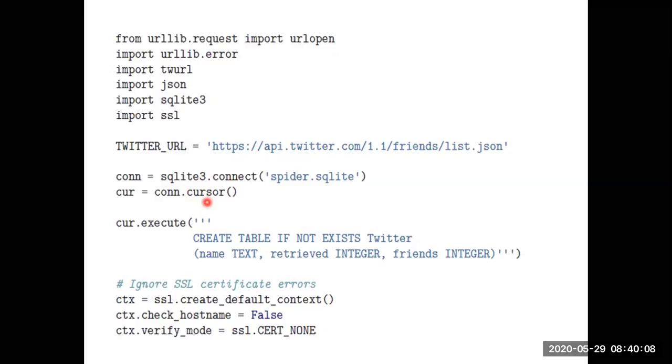Just an interface. So execute create table if not exists. I should make sure that I create a table if it does not exist. If you try to create a table which is already existing, then you will get a message that the table exists with the given name. I will show you a small program on that at the end of this session. Also, you should make sure that the certification errors are handled and everything is good. So this is just the first part, not the complete program. Let us move to the next slide.